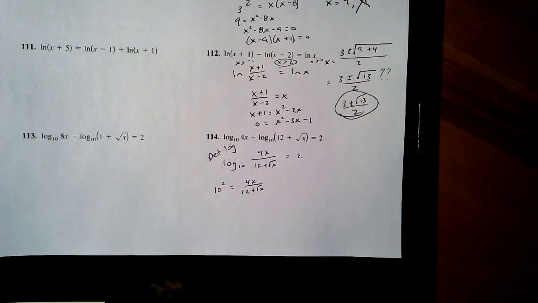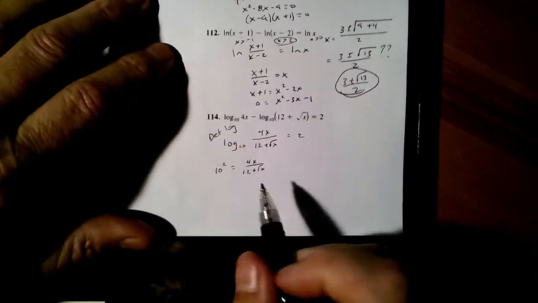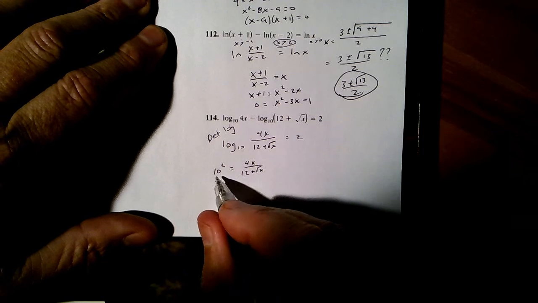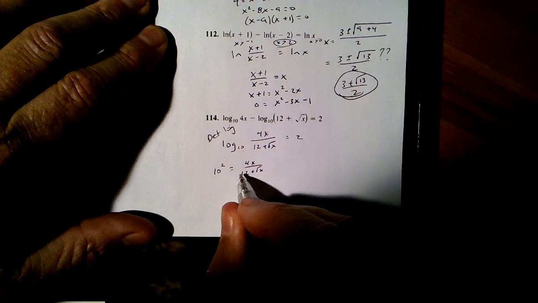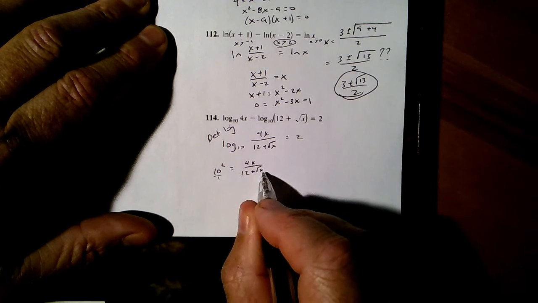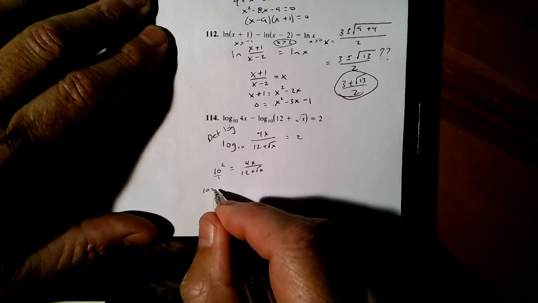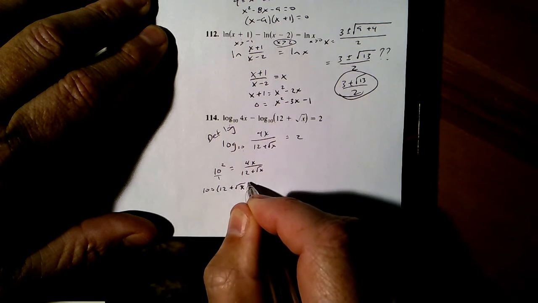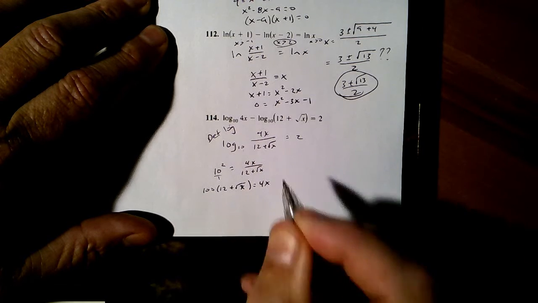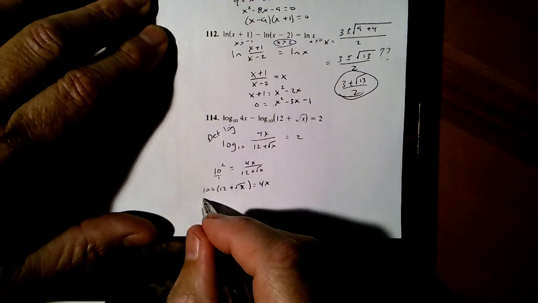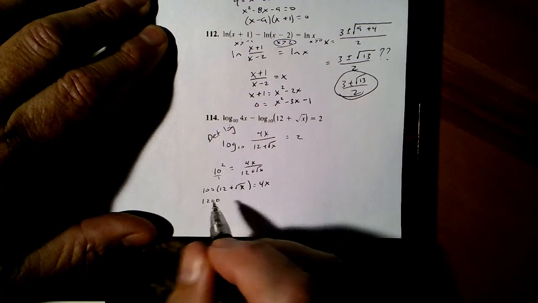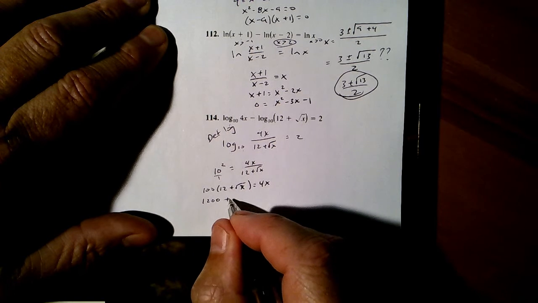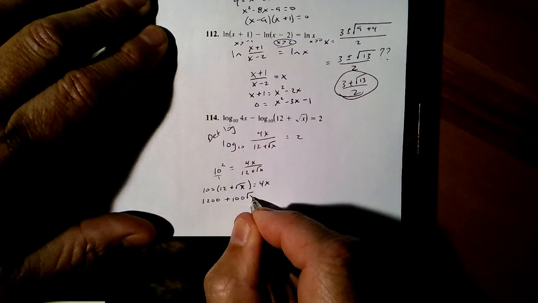Sorry about that. We're back in play here. So I get 100. I'm going to multiply both sides by 12 plus square root of x. So I get 100 times 12 plus square root of x equals 4x. This is why it's honors pre-calculus. 1200 plus 100 square root of x